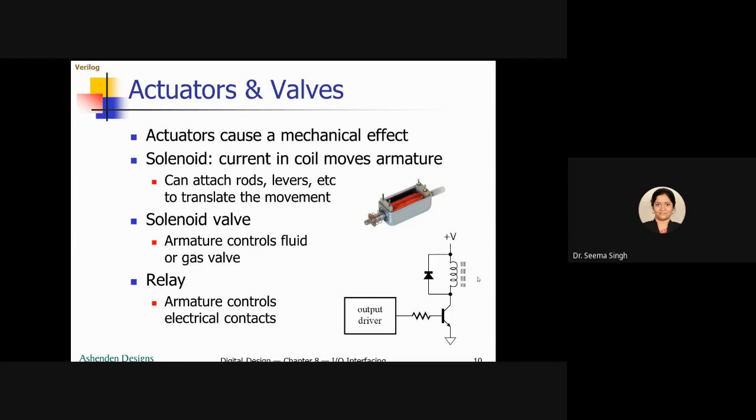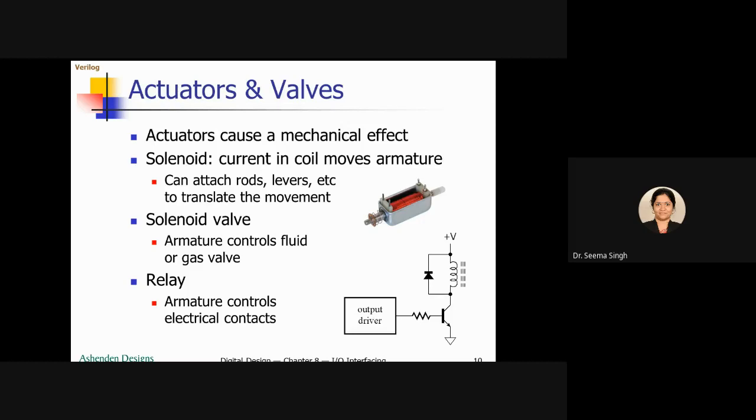In the digital world, you know that we work at a lower range of voltages. So the current whatever you are inducing in this only needs to be controlled. This current can be higher than the digital world. This current makes the output driver flow. So if the current is here, then the path is established.